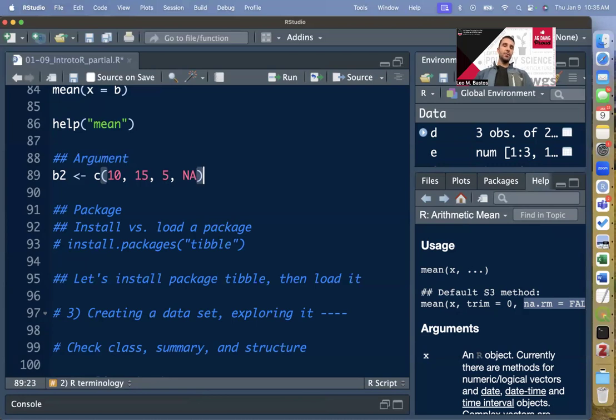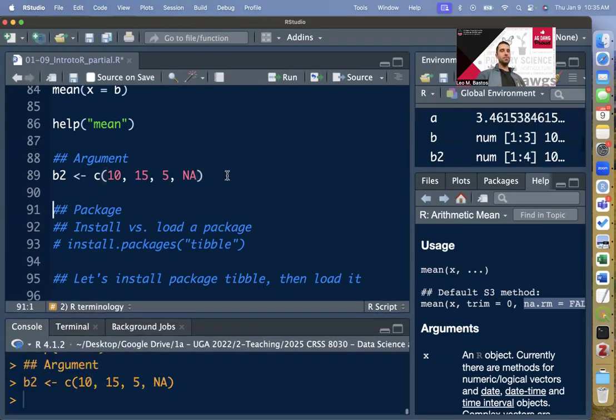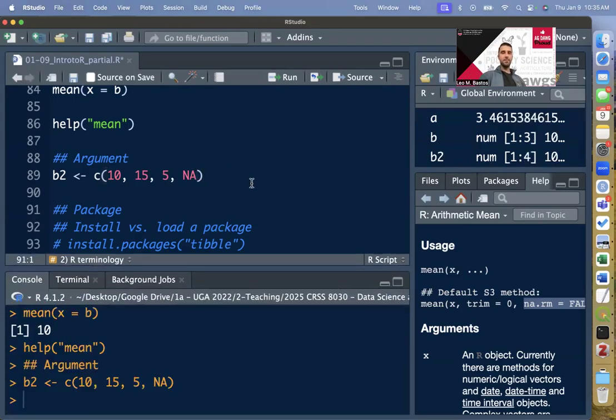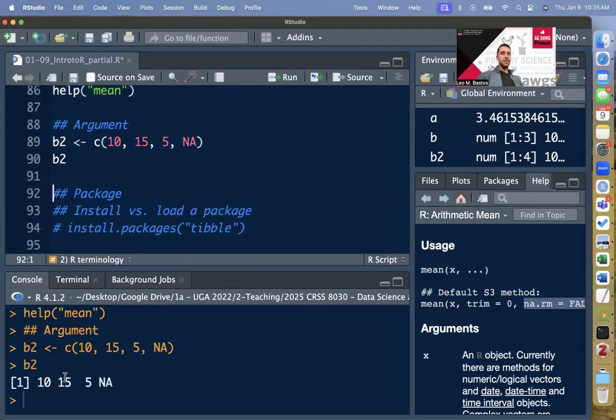And you see it is properly coded because it looks the same color as the numbers. If you just type lowercase NA, R does not see it as an actual not available. It just thinks that it is an object that you have in your environment, and if you don't, then it doesn't run. So uppercase NA to make sure it is a missing point, right? So if I run here B2, it popped up in my environment. If I print B2, I see now that it has three numbers and it has an NA, a missing data